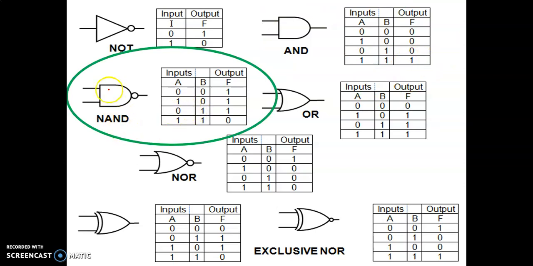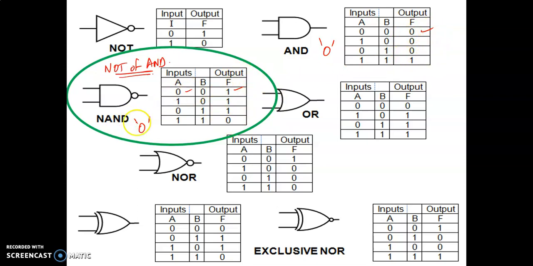Coming to the NAND gate, this is actually the NOT of AND gate. That means the inverted form of AND gate. As you can see here, the controlling input was a 0. Therefore, the same thing goes for NAND gate. Here also the controlling input is 0, but the effect is opposite. When you see a 0 in the AND gate, output was equal to 0. In the case of NAND gate, whenever you see a 0 in the input, output becomes a 1 because the output is inverted form of AND gate.